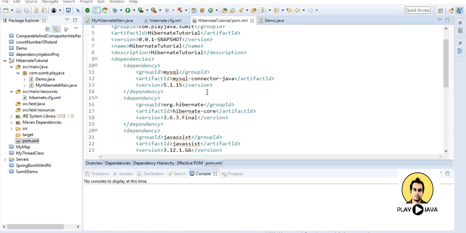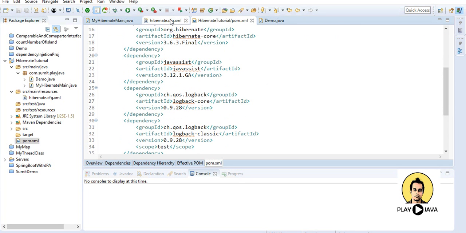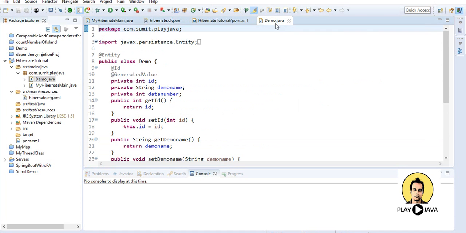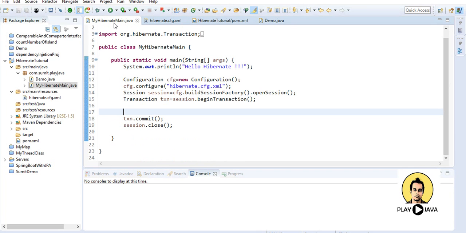So in the earlier tutorial we talked about creating a Maven project in which we provide different dependencies for Hibernate, and then we provided a configuration file where we provide the connection for the database, and then we made an entity class and provided it in the main method. Through the main method we created the configuration and session factory. After that we built a session and committed the transaction. So we built the connection and provided the data in the database.